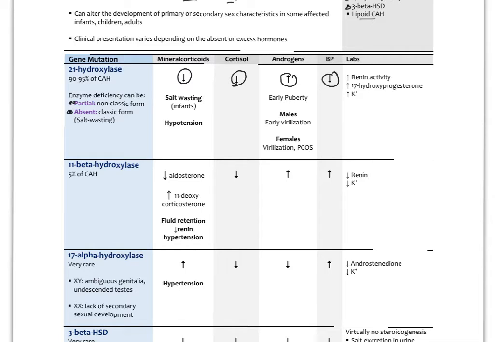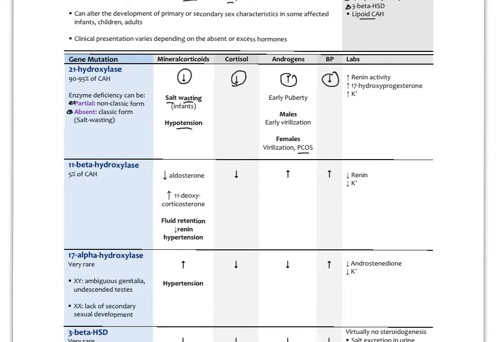With the deficiency of aldosterone, there is an infant's salt wasting. So remember, aldosterone works to retain sodium in the kidneys. So with very, very low aldosterone or no aldosterone, we urinate out all the salt, and that results in severe hypotension. But there'll be signs of early puberty with the elevated androgens, in males early virilization, or in females virilization